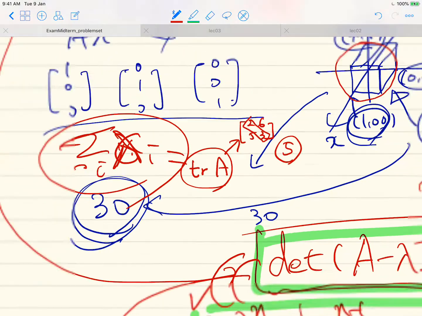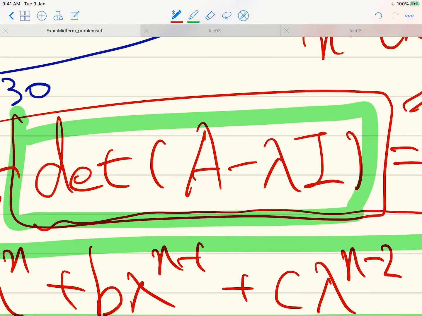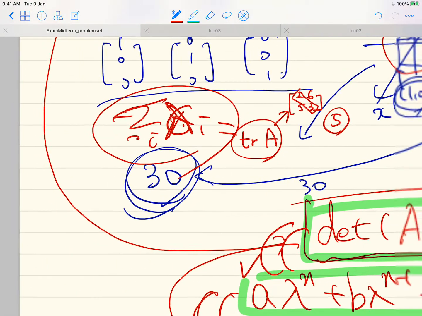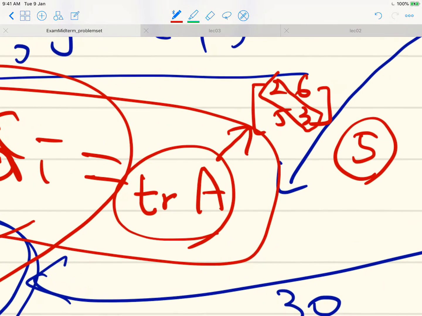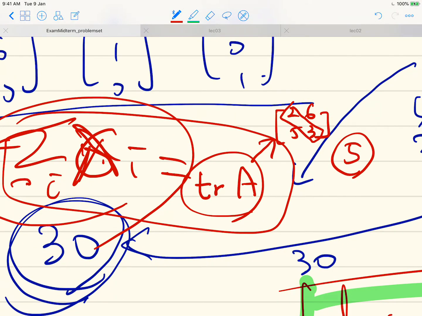Although we cannot easily compute the determinant of an arbitrary sized n by n matrix, we can get some patterns. So we obtain this relationship, but I'm going to skip this part, okay? But one thing that I want to emphasize in this is that